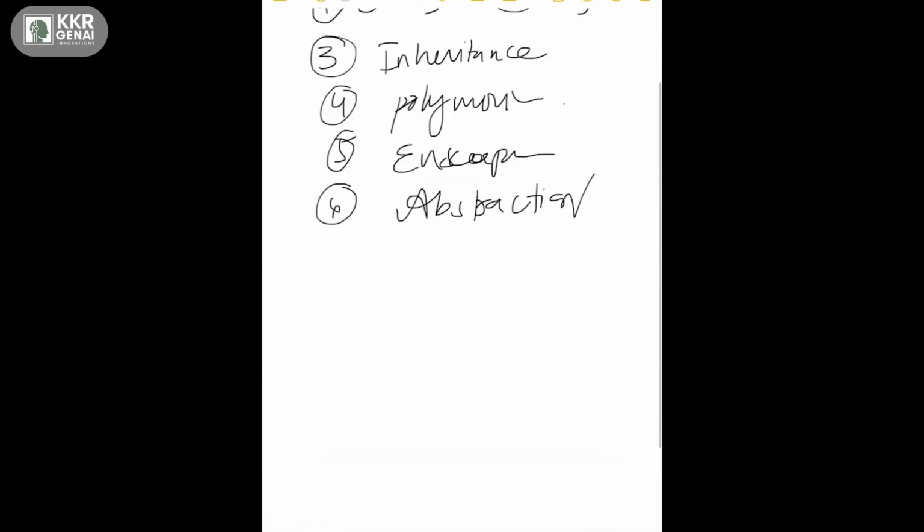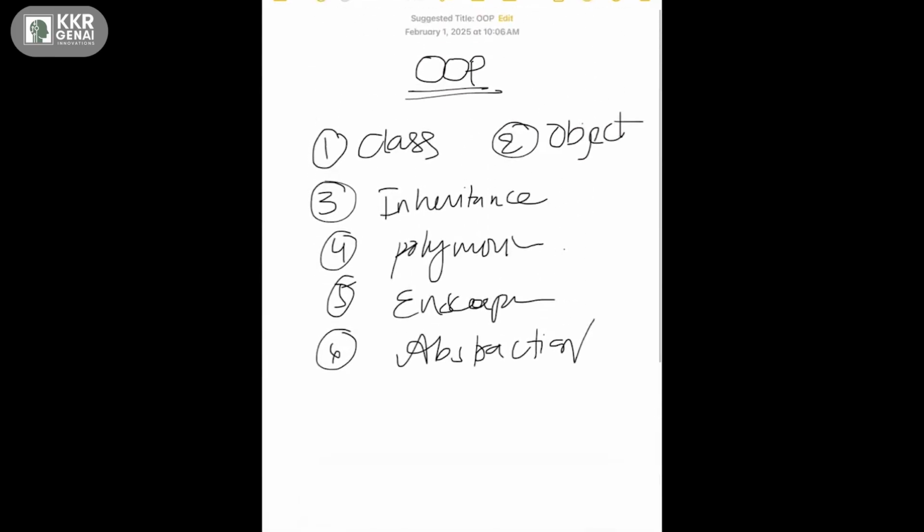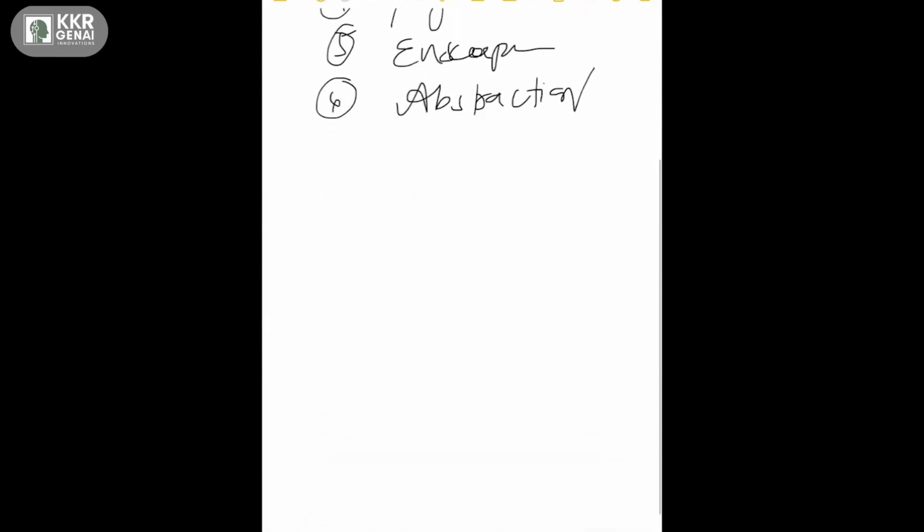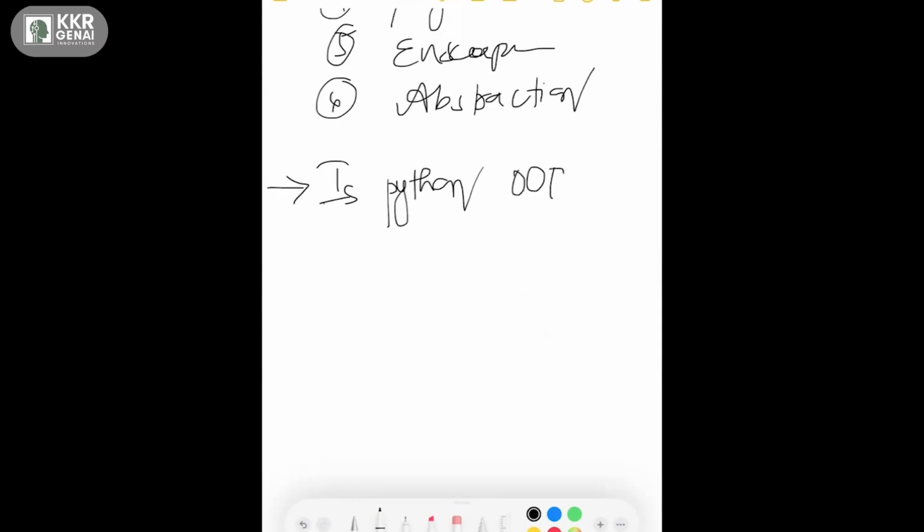Before we go into all these concepts in depth, I just want to ask whether Python is object-oriented programming or not. This is my first question: whether it supports classes, objects, polymorphism, inheritance, encapsulation, and abstraction.